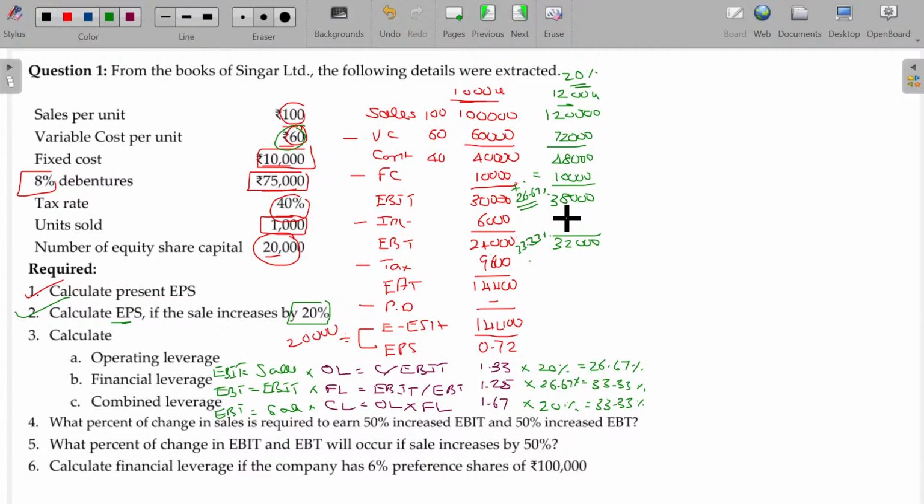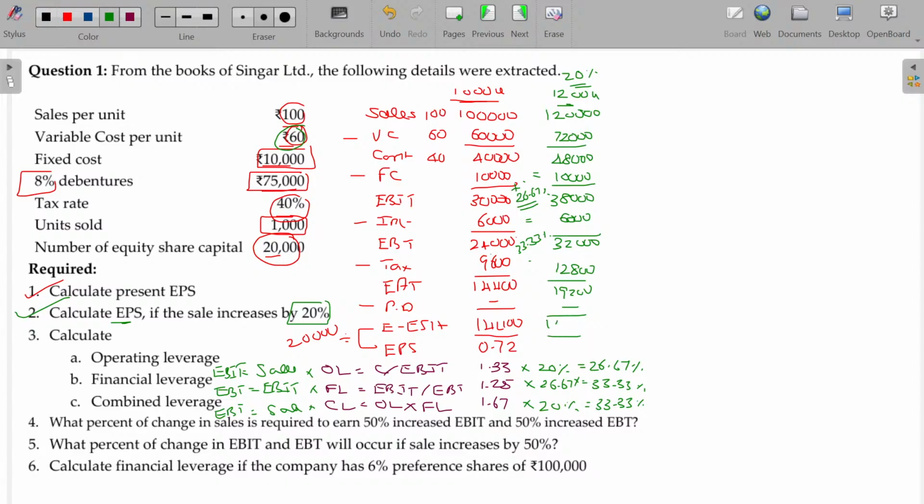So without reworking that statement completely, we can guess what the new EBIT could be if there is a change in sales by 20%. If the change in sales is 20%, definitely EBIT will have a change equivalent to the change in sales multiplied with the operating leverage. Here the 6,000 remains the same. So from 38,000, if I subtract the 6,000 rupees, you will get the EBT, 32,000. The rest of the things are the same. Find out the tax at the rate of 40% on this. Hope this will be 12,800, leaving 19,200, and proposed dividend is nil.